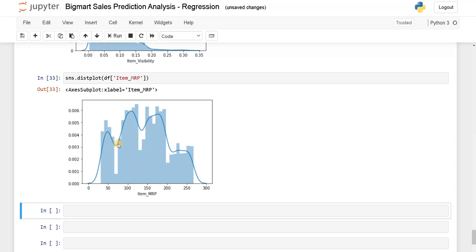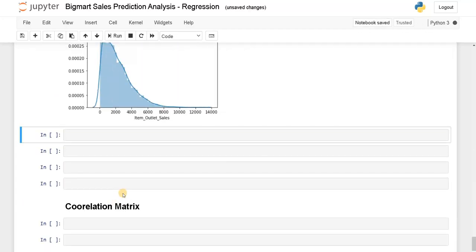Here you can see 4 types of bins. So you can split these bins as a new category, costly products or cheap products like that. We can have a new category. It may give an additional insight or some performance boost in the model. And the next one is item outlet sales.